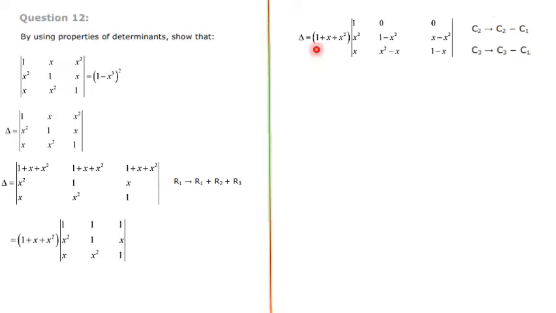After doing the operation, 1 plus x plus x square into the determinant. So C1 remains the same, no change, 1, x square, x, and C2 is changing, C2 minus C1, that is 1 minus 1, that is equal to 0. Next is x minus x square, it's written, and the next element is 1 minus x square, that is here. Now C3 changes to C3 minus C1. C3 is here, 1 minus 1, that is equal to 0. Next x square minus x, that is here, again 1 minus x, that is written here.